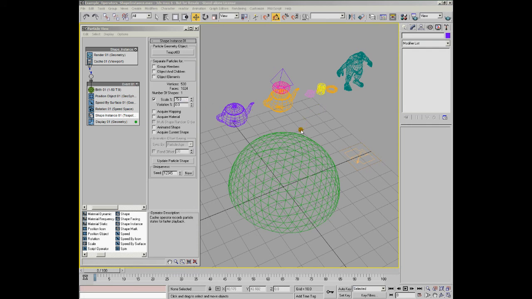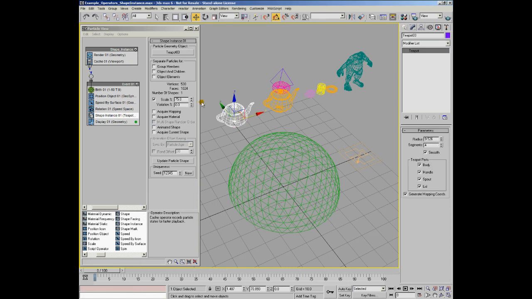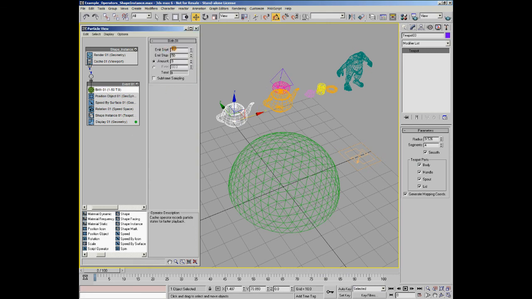Okay, so let's have a look at how each of these work. We'll start off with the simplest object, which is just a teapot. You can see I've got the pick button, I've picked it, and I've got my birthing of particles happening from frame 1 to frame 50, and I've only got a total of 9. Because the thing with shape instances is that they can get very heavy very quickly, and there's no real way around that. Very often people will make them